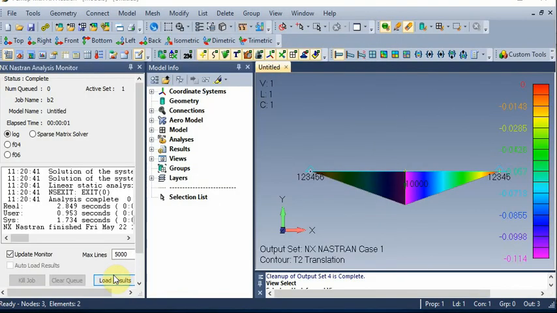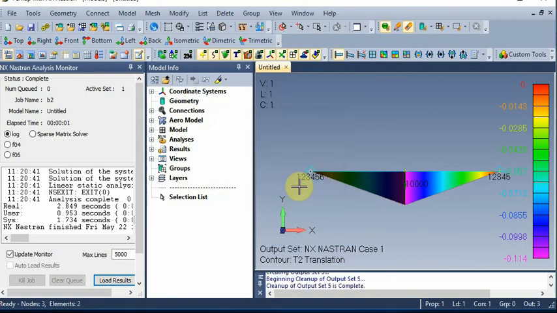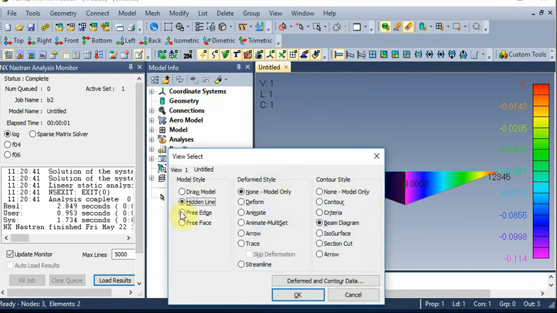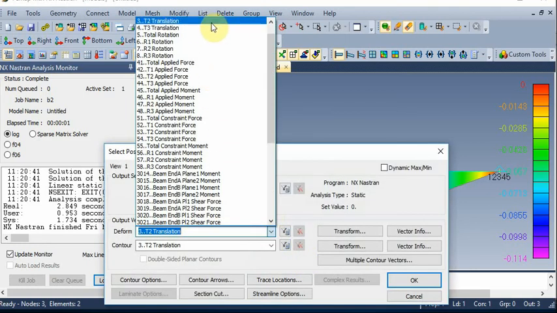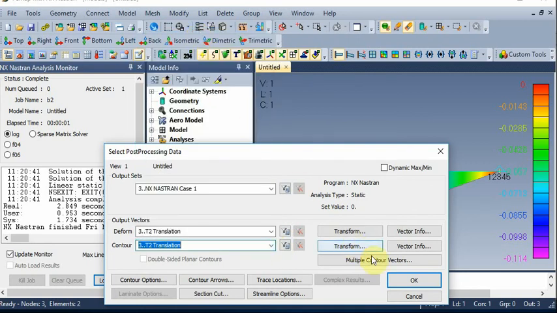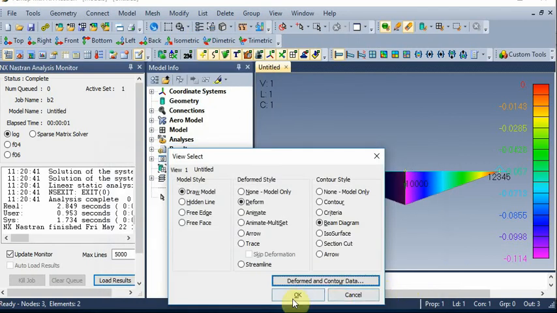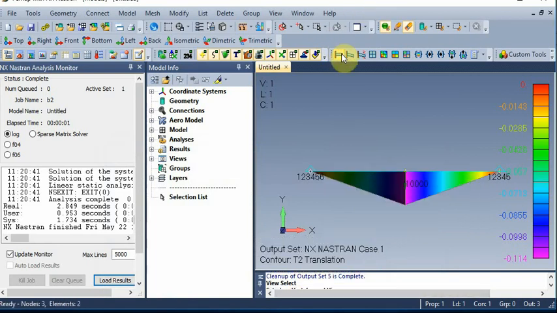Results are converged, load result, no error, continue, press F5, draw model, deform, beam diagram. You have to find the deformation in y direction, T2 translation, okay, okay. So this is deformed view, this is undeformed view.